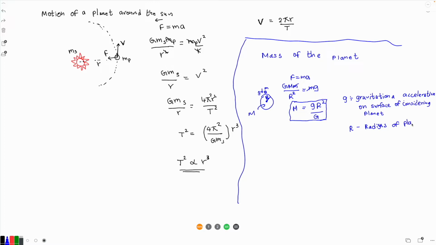Capital G is a constant, a universal constant, so it is not going to change